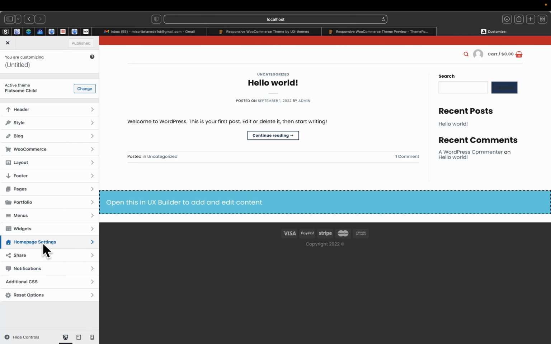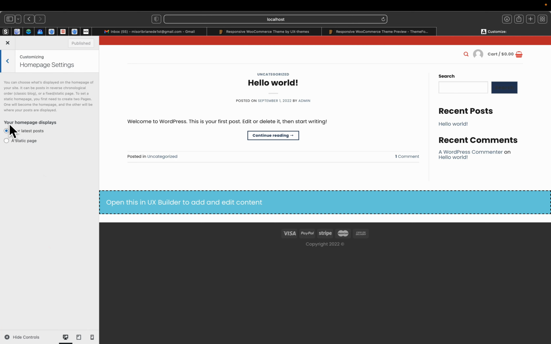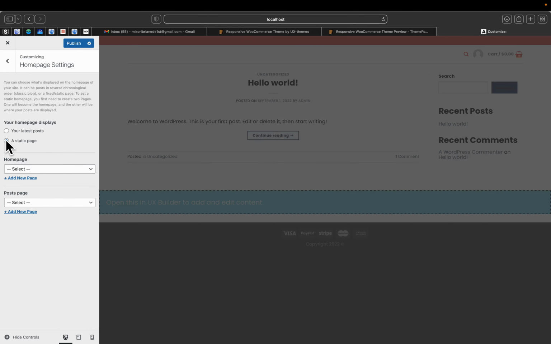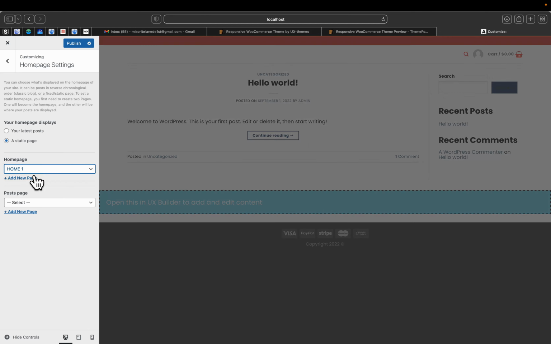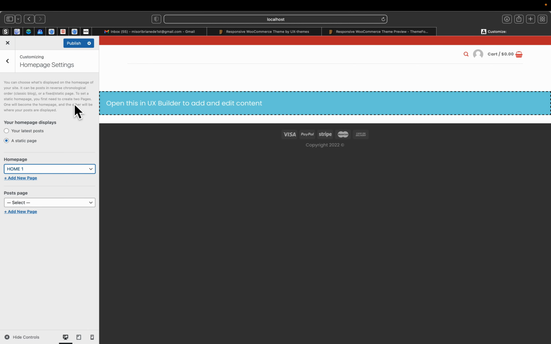I'll click on home page setting. It says your homepage displays your latest posts. As we can see here, these are the latest posts of WordPress, and then we'll simply change that to static page. Once we change that to static page, we are going to select the static page, which is home 1, and you can see home 1 has been selected. I'll simply publish this, and then I'll go back